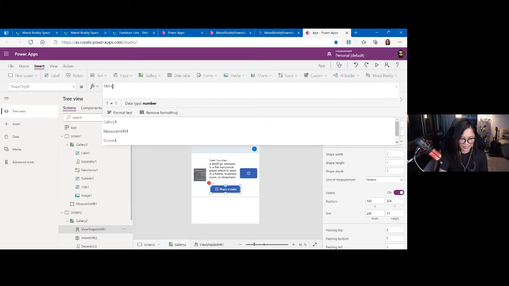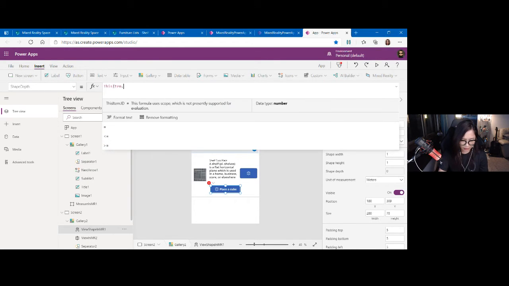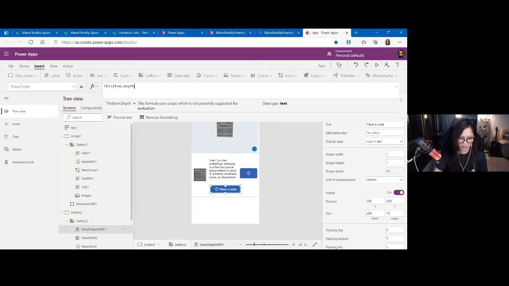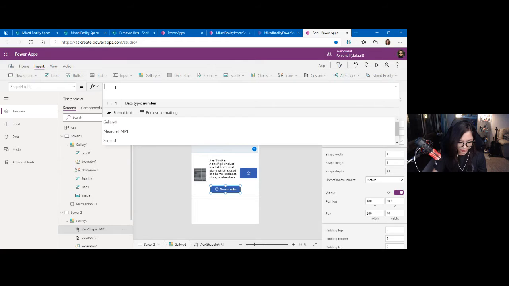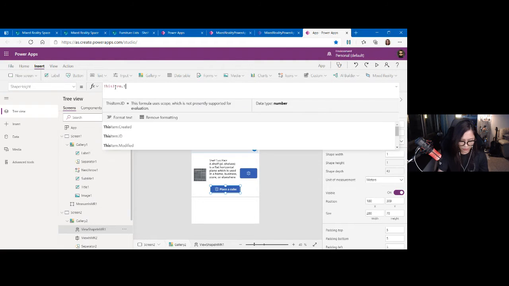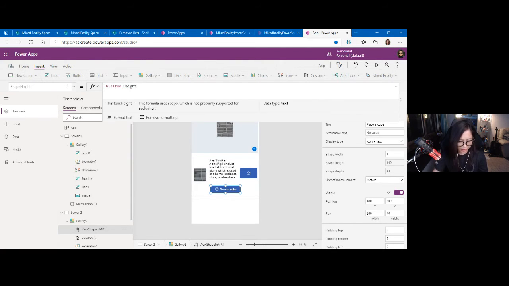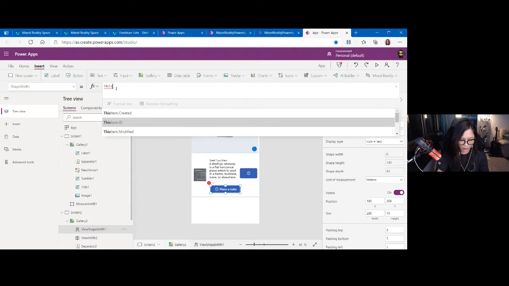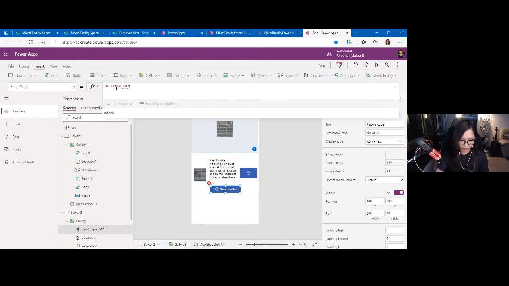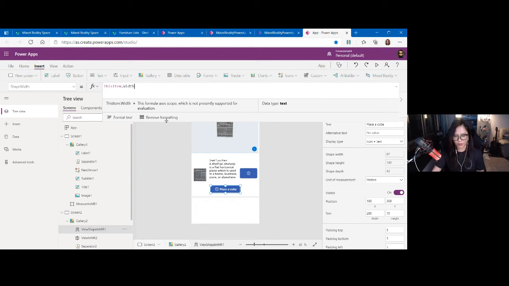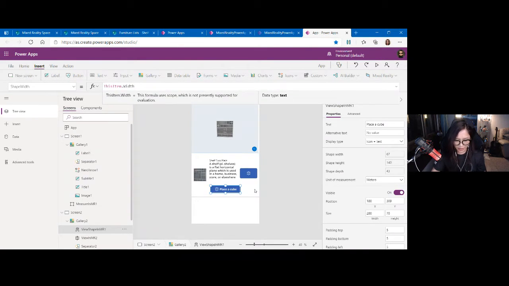So I'm going to take the depth of this item, and then the height of this item, and then the shape width is this item's width. With this, you can place a cube, or a shape, in your mixed reality. You could view a shape in the mixed reality using this one.